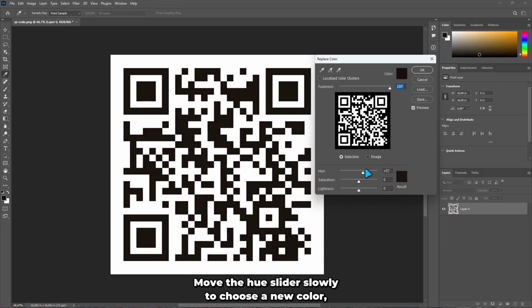surrounding background. Move the hue slider slowly to choose a new color, watching the preview as the selected pattern changes. Adjust the saturation slider if needed to make the replacement color stronger or softer while keeping the pattern easy to